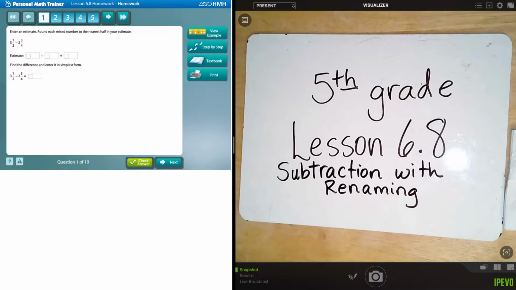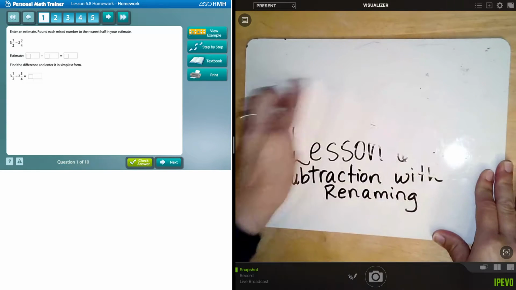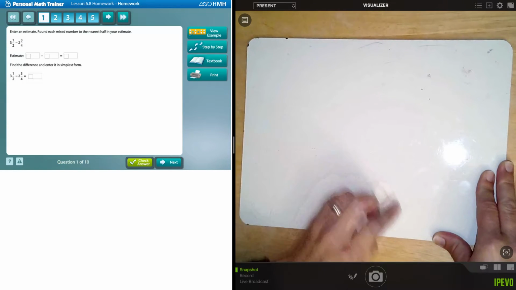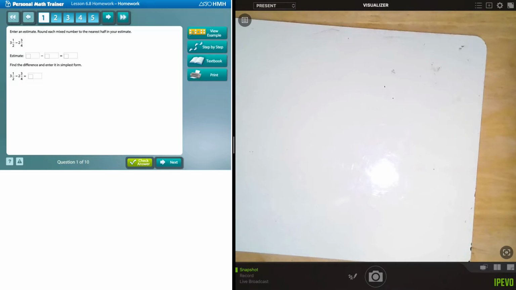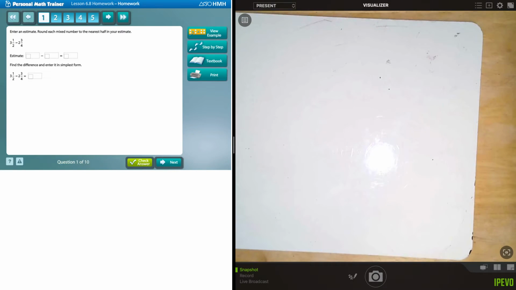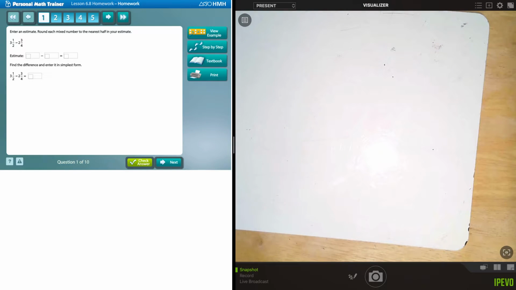All right, here we are, 5th grade math lesson 6.8, subtraction with renaming. I'm going to try to go through this on a whiteboard, question by question, and you can see my whiteboard side by side with the assignment from class. So here we have enter an estimate,